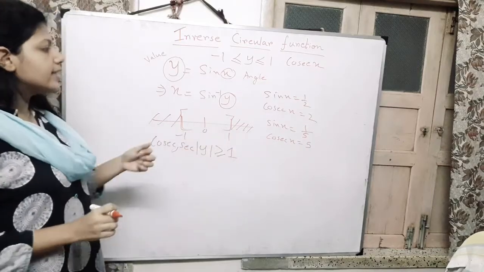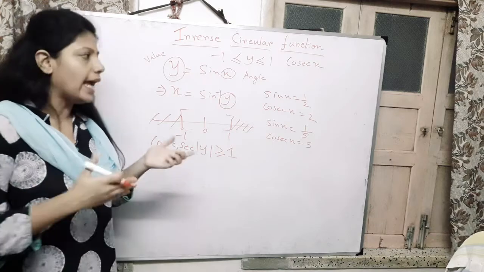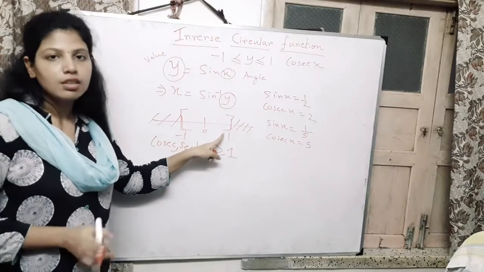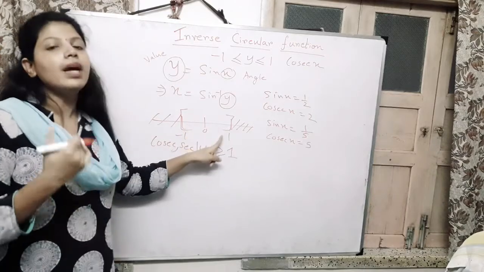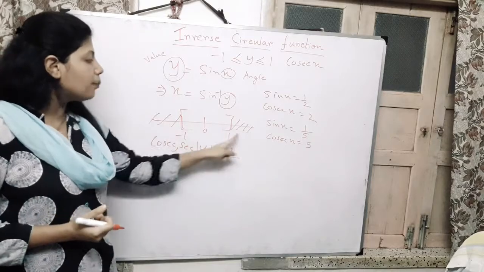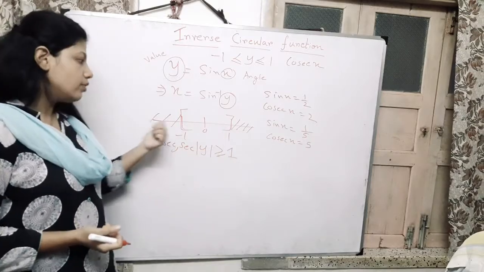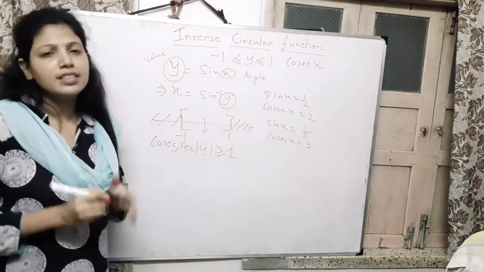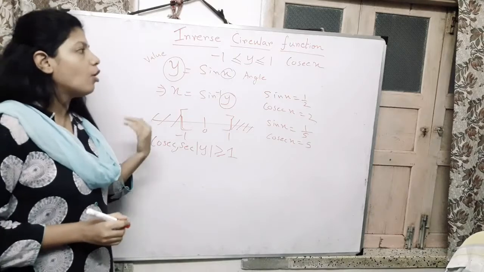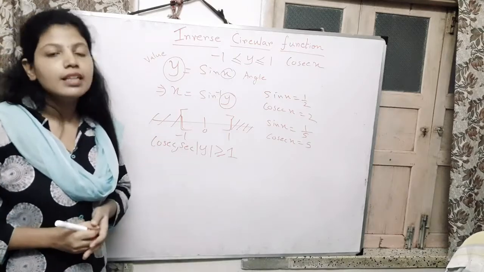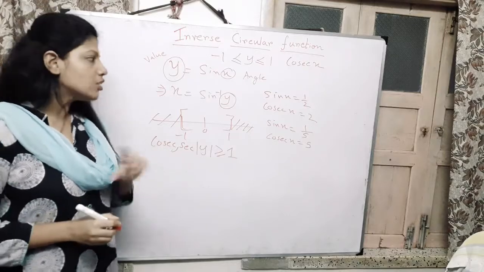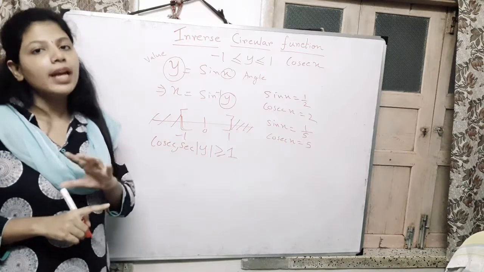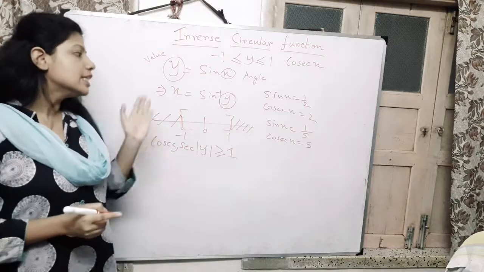In case of cot, the range is infinite, because tan is infinite, so cot is also infinite. Sin and cos have the same range, but cosec and sec have the remaining part as their range. You should not memorize this, but it is for your information, because if some logical or conceptual numerical comes up, you will need it. Just write down that the range of sin and cos is minus 1 to 1, and the remaining part of the real values is for sec and cosec.